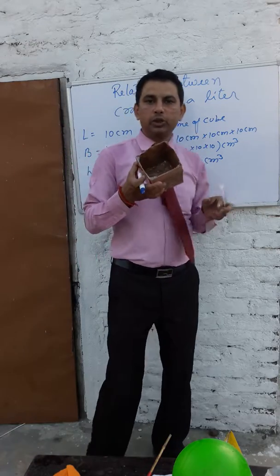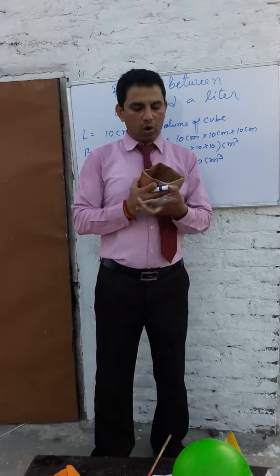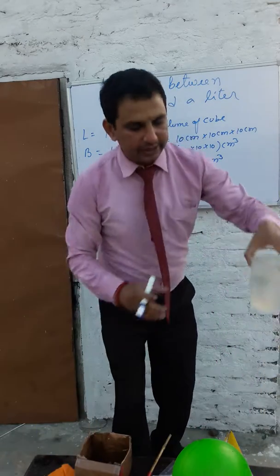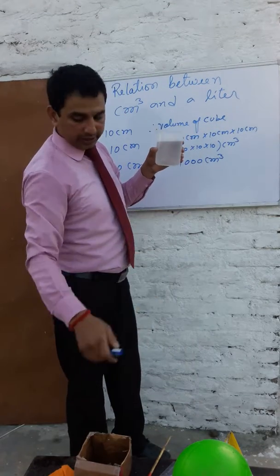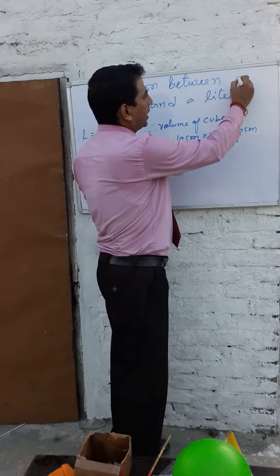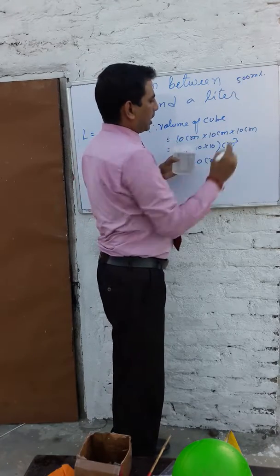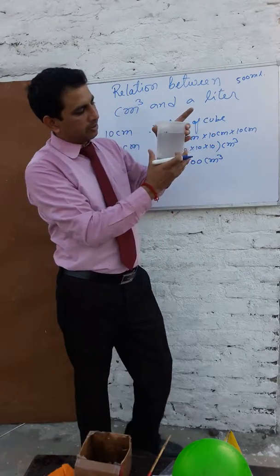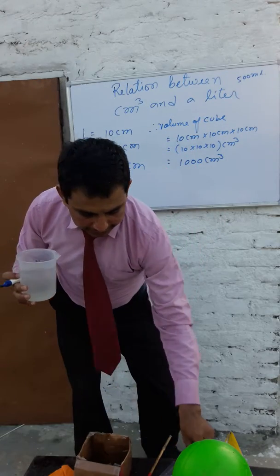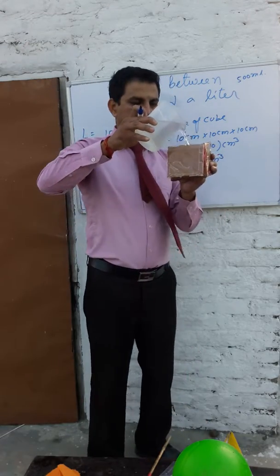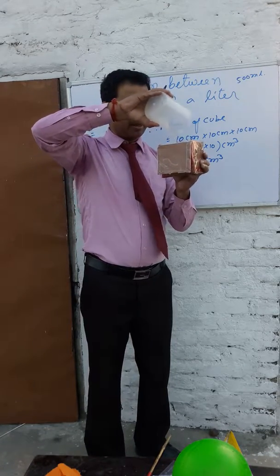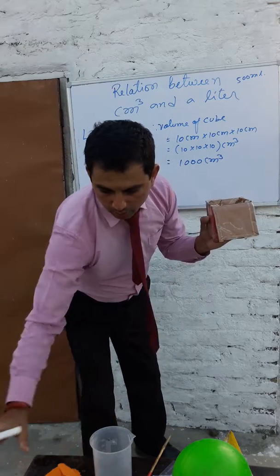Now we will pour liquid into it and see whether it is holding exactly 1 liter or not. So here I have a measuring cylinder, and you can see that till here we have 500 ml. That means I have a measuring jar whose volume is 500 ml. So I will pour it inside this. Let us pour it inside this. And one more.